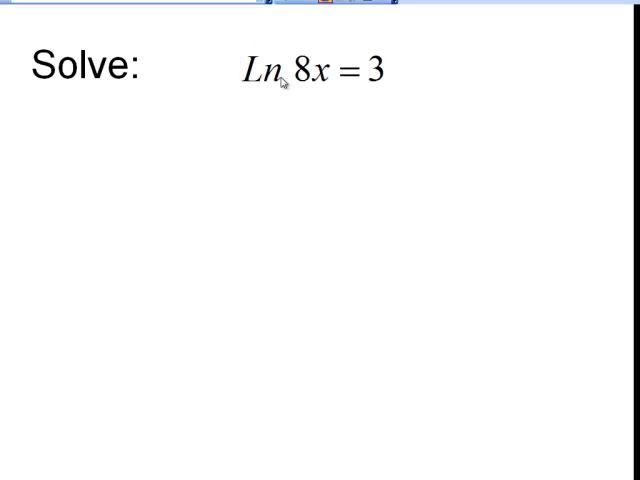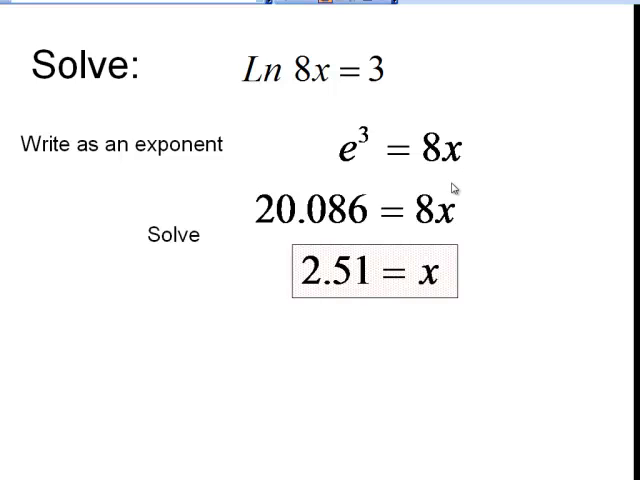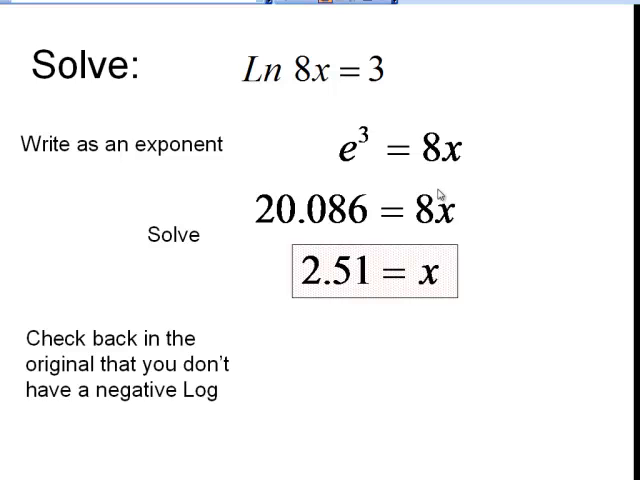Okay, ln, the base here is e. So you have e to the third is equal to 8x. Divide by 8. e to the third is about 20, divided by 8 is 2.51. That should be that one. And you can check it,